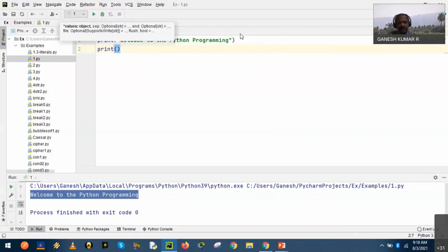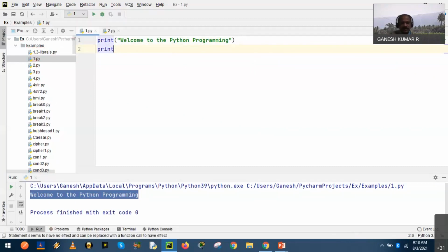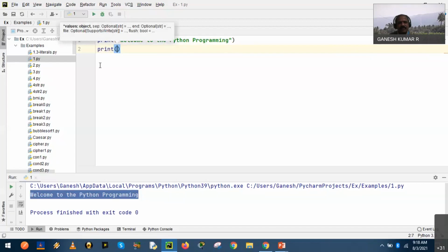Please notice this when I type now. After print, I just pressed the left parenthesis. Once you type the left parenthesis, its counterpart appears automatically.